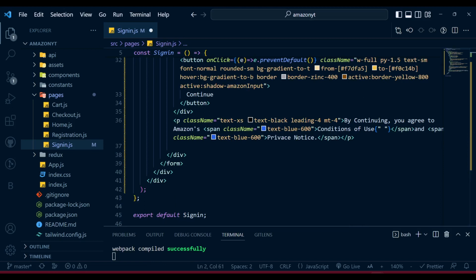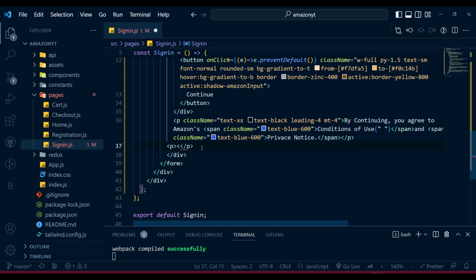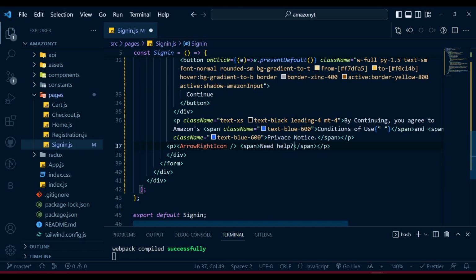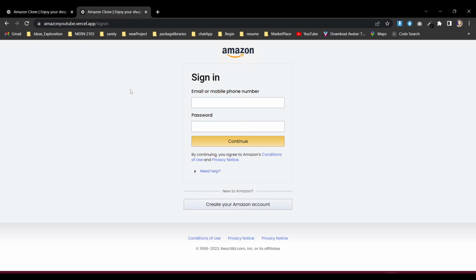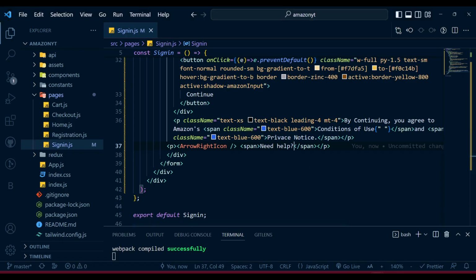So now after that, I'm gonna input that icon and the text. So I will take another p tag, and inside it I'm gonna give that icon, and after the icon I'm gonna add a span tag, and in this span tag I'll write "Need help". So now here you can see that one has come. We just need to make that one the same. So let's do that. For that p tag,